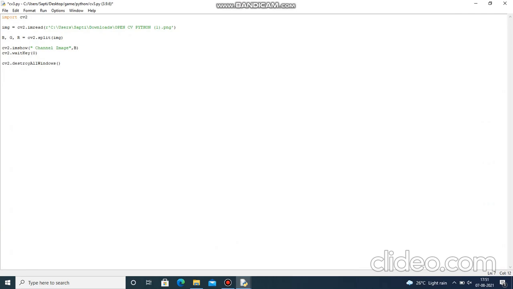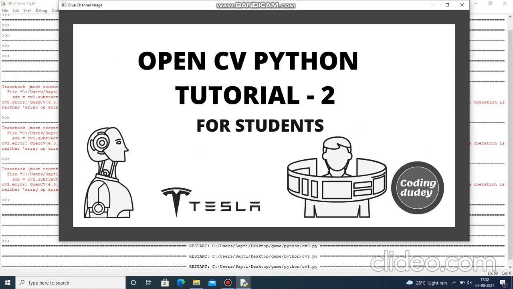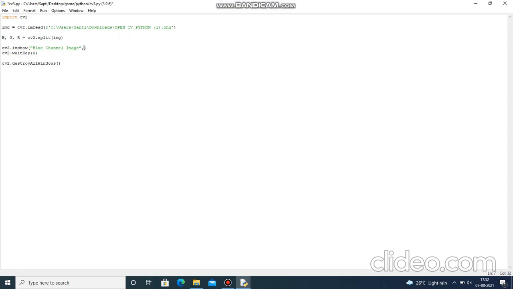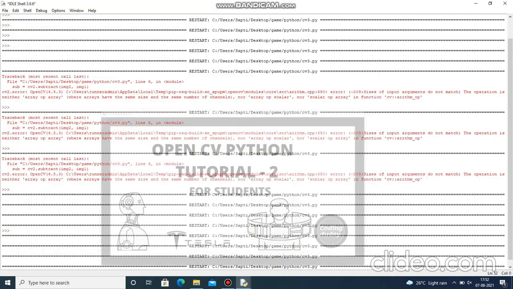In my thumbnail there is no blue in color, so I don't think there would be something to be erased. You can see there is nothing in the blue, but these colors actually changed, right? My red actually changed. Now let's try with the green. Let's change it here in imshow to green. So now everything looks alike.